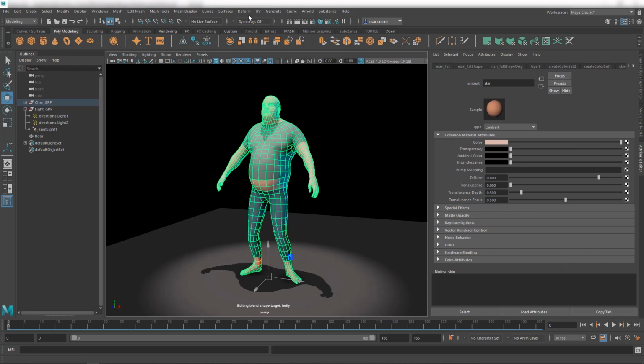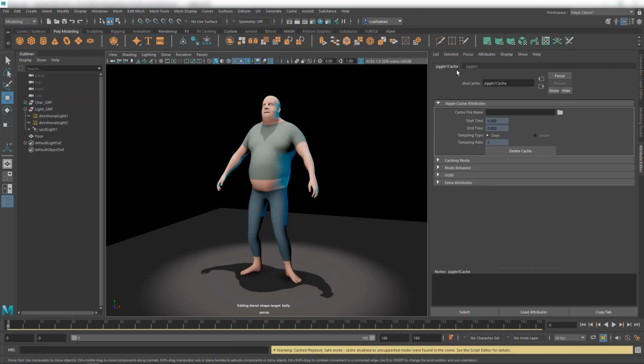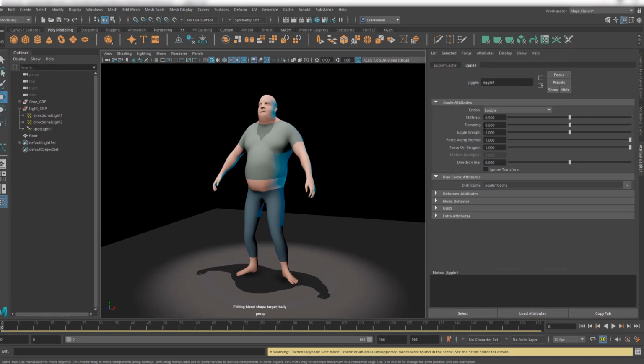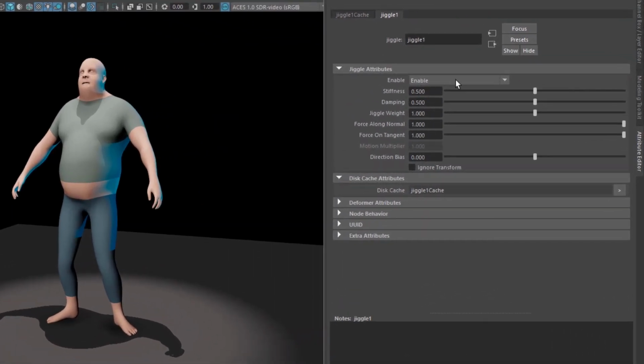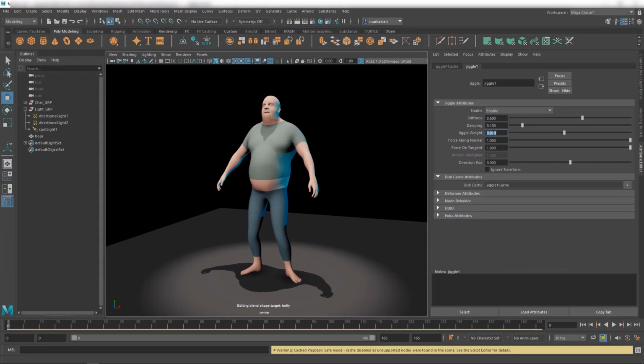So if I were to go ahead and go into Deform and say Jiggle Deformer, and I say, well, I can tone some of these down. I can change the dampening. I can increase the stiffness. I don't know, jiggle weight, I can go to 0.9. So tone down the result a little bit, but if I were to play,